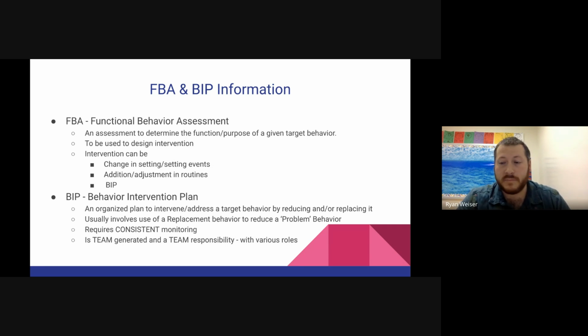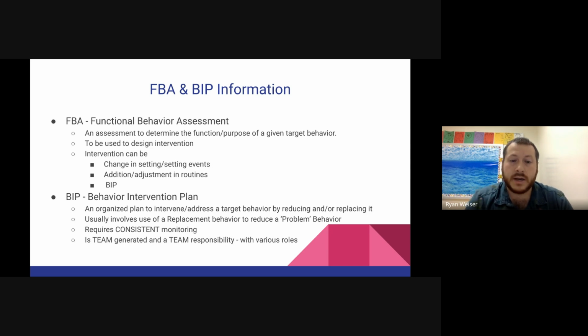Now, many of you already said you have BIPs. I would imagine most of you have been through the process before of creating a BIP or seen what that looks like, even if you don't currently have a BIP student. But this is a behavior intervention plan. And it is a step-by-step process of how not just the classroom team, but anyone who interacts with that student will work with them. If you are seeing them once for a session per week, if you see a substitute teacher or a substitute paraprofessional, this is the thing that they should be able to read and know, this is how I work with this student, right? It is their guide to whoever they're working with.